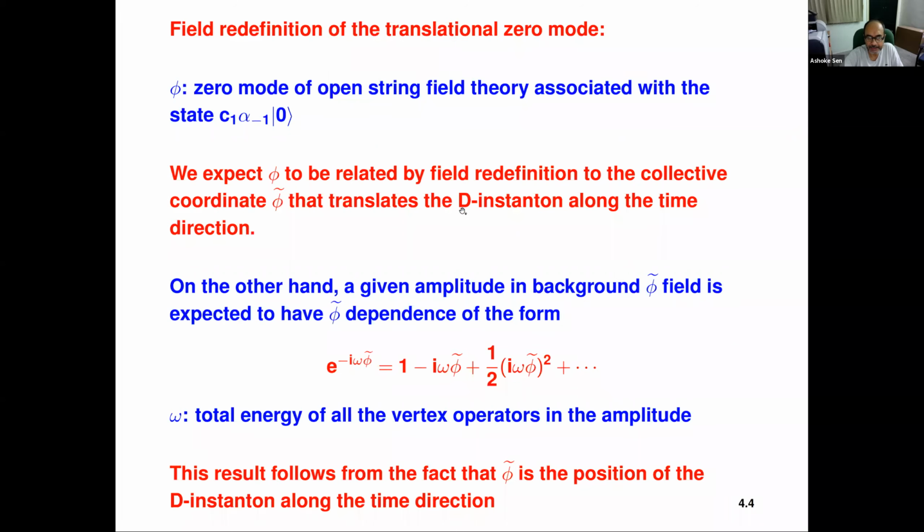This basically means take the D-instanton, where you have put a Dirichlet boundary condition on x. So you put x at some value, call that value phi tilde. And that phi tilde now can be shifted, right? That phi tilde can be anything. So that collective mode, phi tilde, we expect should be related to this mode phi that we see in the open string field theory. And this is not just for D-instantons, for every D-brane. The transverse position of the D-brane, in fact, is one of the modes of the open string on the D-brane. So there is some relationship between phi and phi tilde.